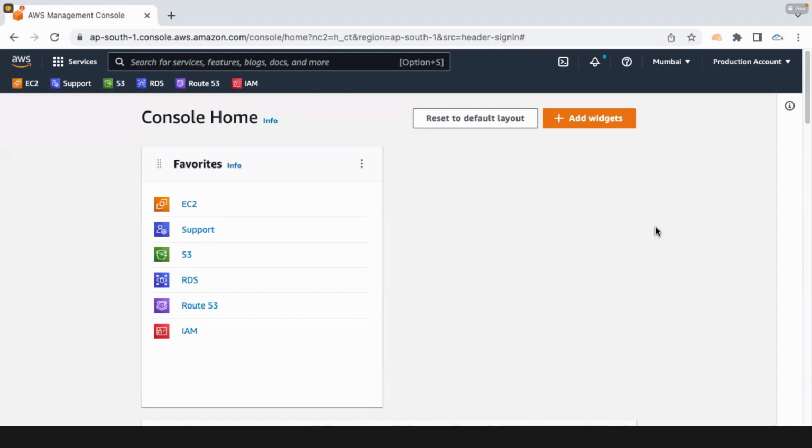In IAM, there are tags. There is user group. What does